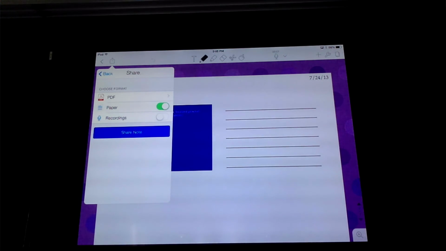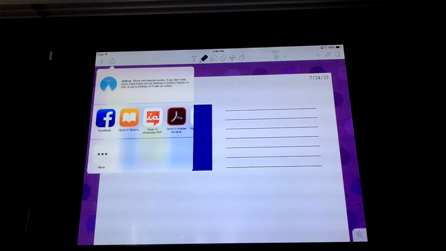So say sometimes Mr. Sinti doesn't always have you watch his videos for homework. Sometimes you watch a Khan Academy video, and maybe you write your notes on a black piece of paper. You need to enable this paper button in order for the black to show up. So if you write in white on your black paper, but then export it without this, you're not going to be able to see your white writing on the white piece of paper. So you want to click the paper button in order to show any cool background paper you'd have. So if you click that, share your note,